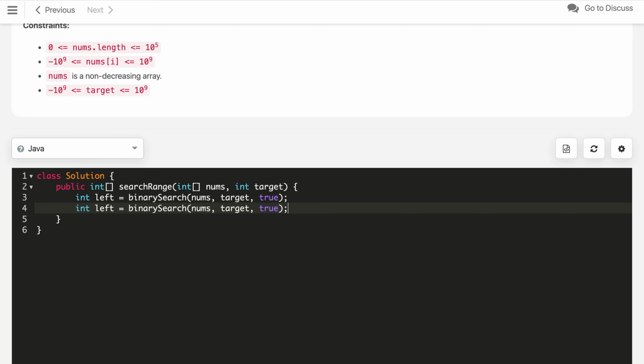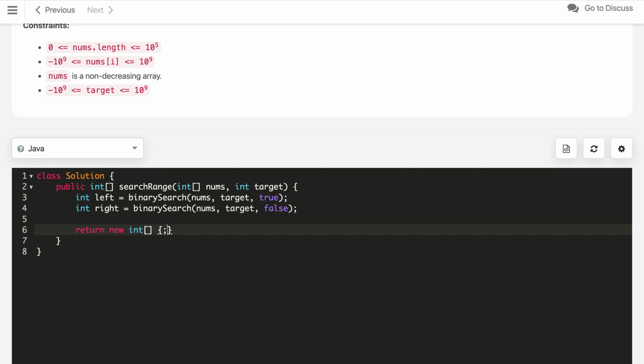Similarly, for the right index, I just send false, and this will be my right. In the end I will just return a new int array consisting of left and right.